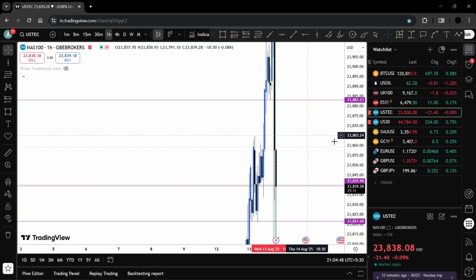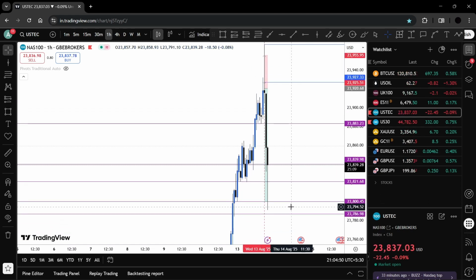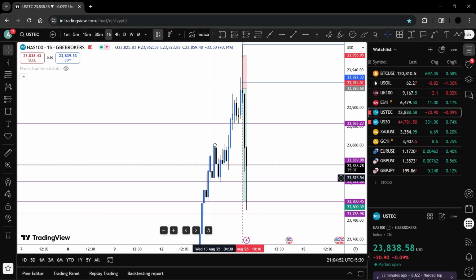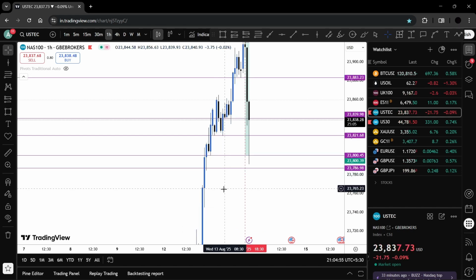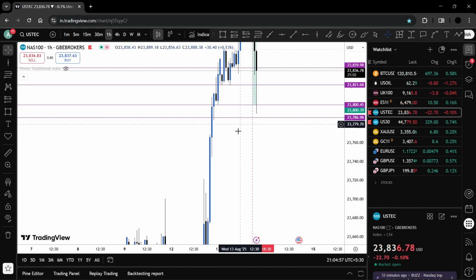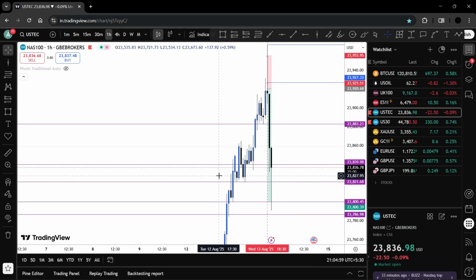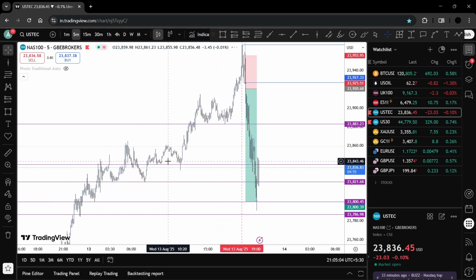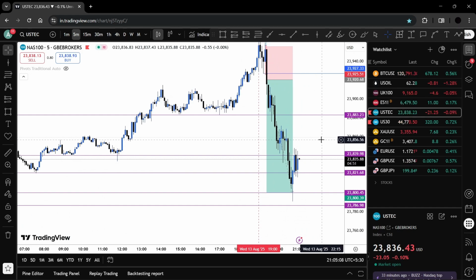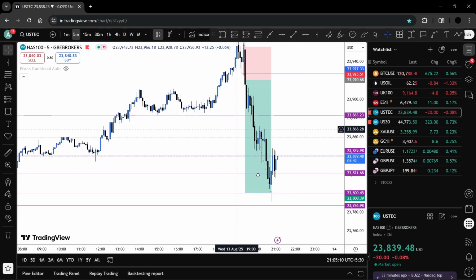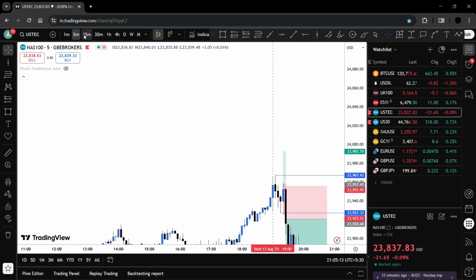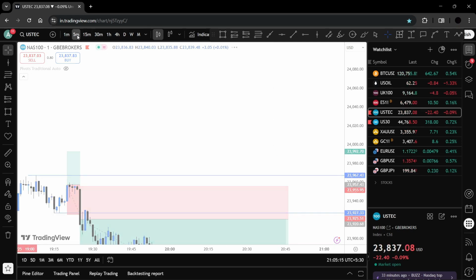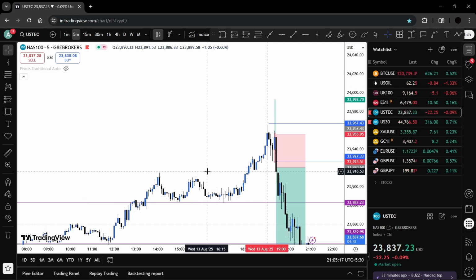This was the 1 hour fair value gap. Over here, this is also a 1 hour fair value gap. The market has not even tested it once. It just blasted through all these points, all these orders, I should say. So my bias was bearish today, since the market didn't even create a resistance from here,